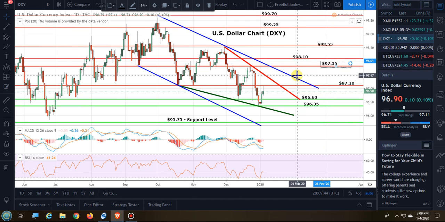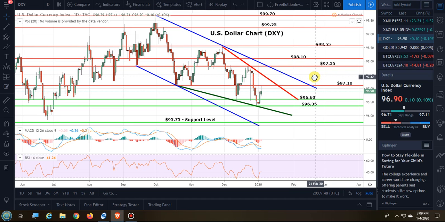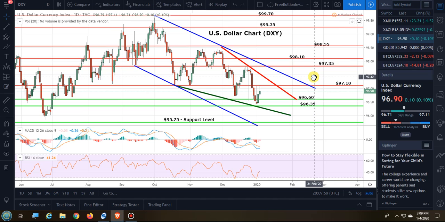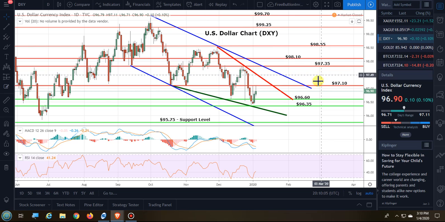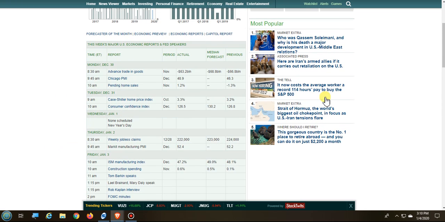A full trade deal, which we likely won't see until after the election. I think China wants to see who's going to win, and what happens to Trump. Not only do we have an election year coming up, we have an impeachment trial, and we don't really know what fireworks are going to come out of that yet. So all of these things are going to be weighing on the dollar, as well as last week we had